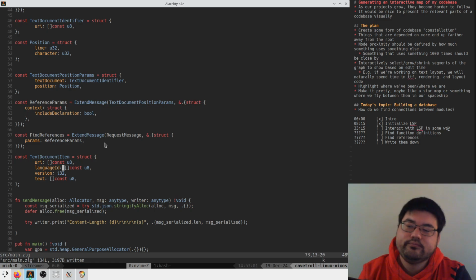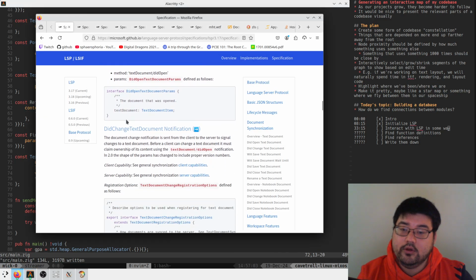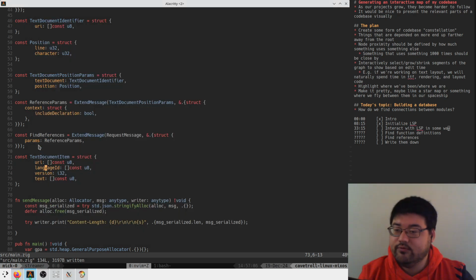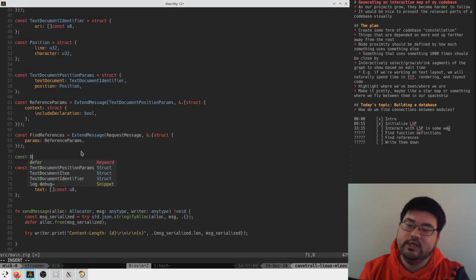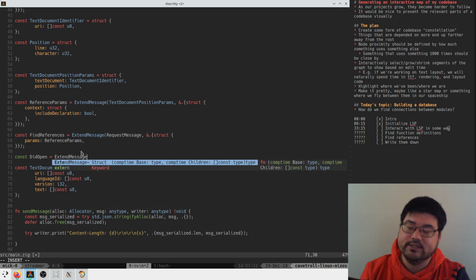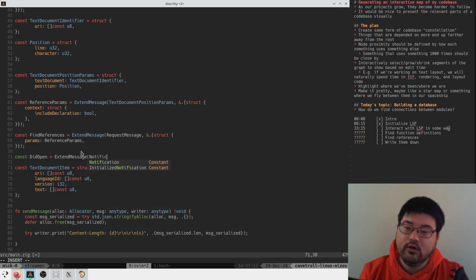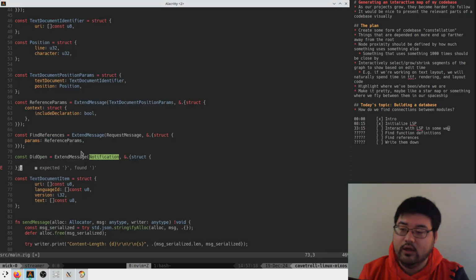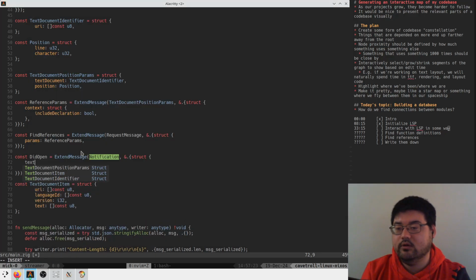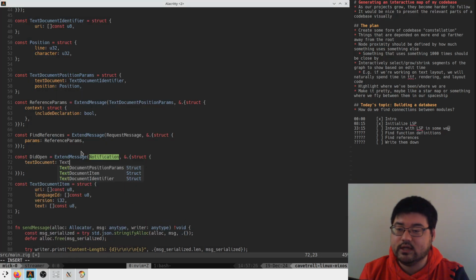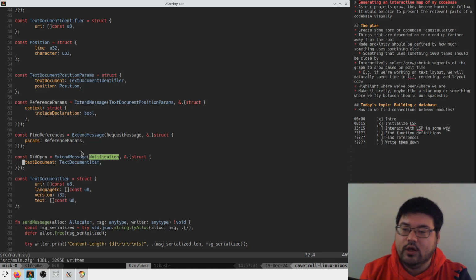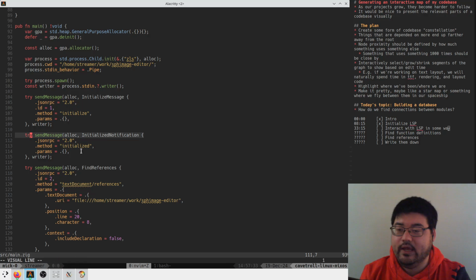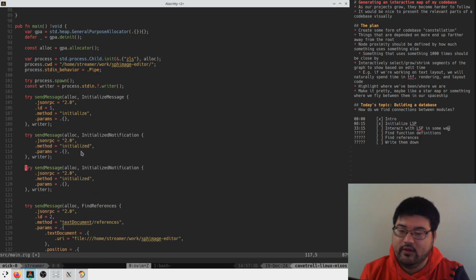I don't know. So these are the params. So if we say const didOpen is an extend message of notification with whatever we put in here. So it's a text document, a text document item, which is this stuff. So if we want to send a didOpen,